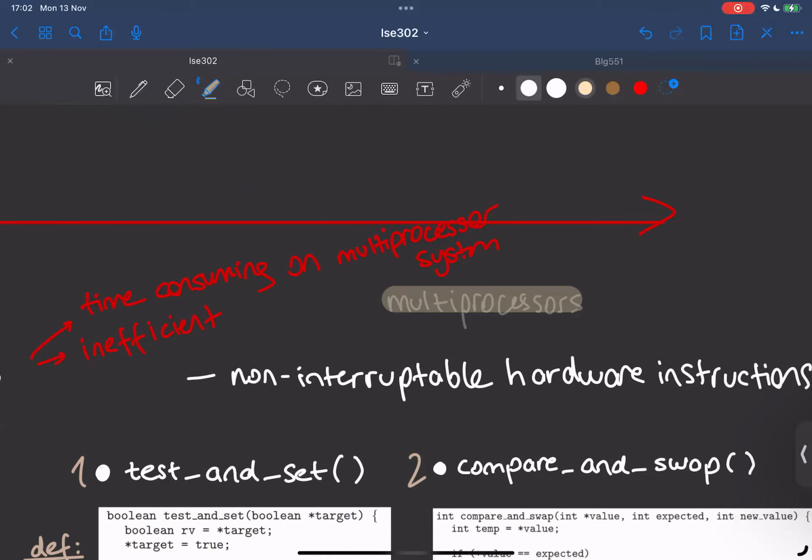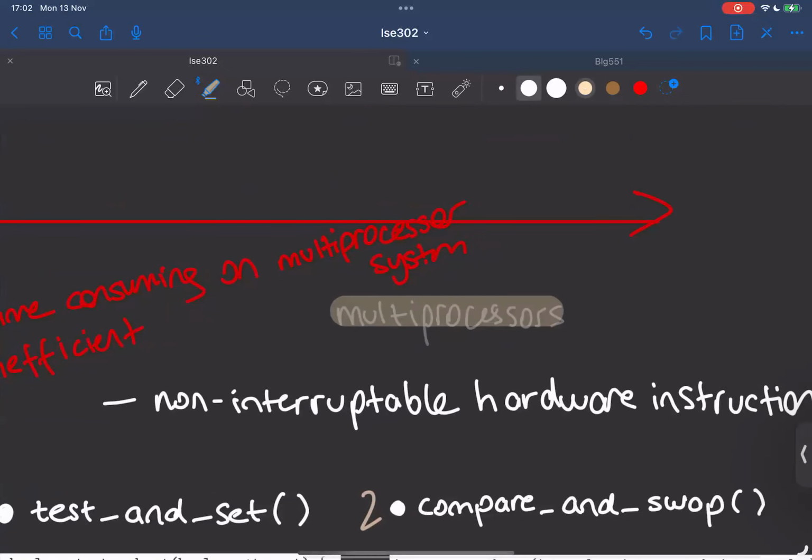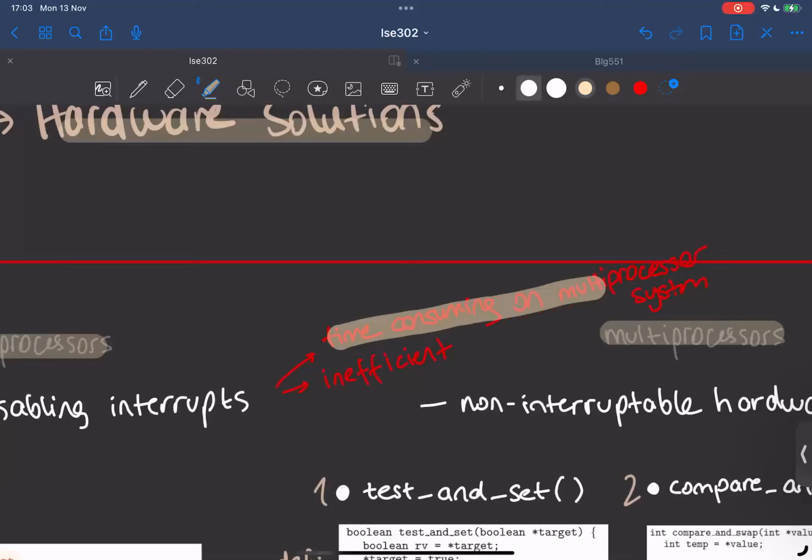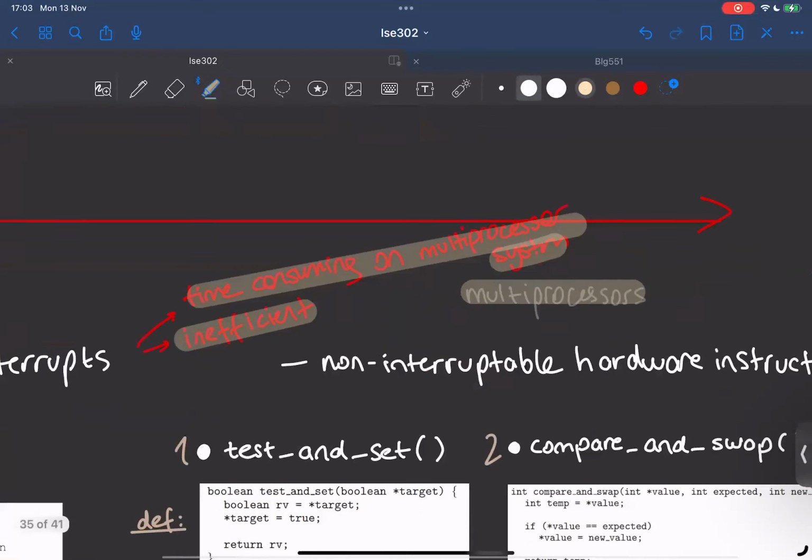Disabling interrupts globally across all processors might seem effective in theory, but in practice, it introduces complications that impact system efficiency. First, disabling interrupts on a multiprocessor system can be time-consuming. Since the messages pass to all the processors, this message passing delays entry into each critical section, and system efficiency decreases. So it's actually inefficient. And also consider the effect on a system clock if the clock is kept updated by interrupts. So therefore, we try to explore alternative